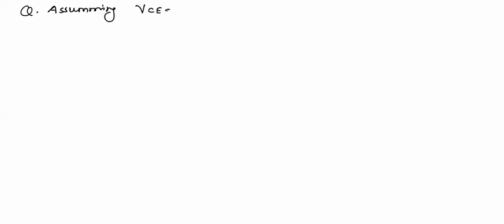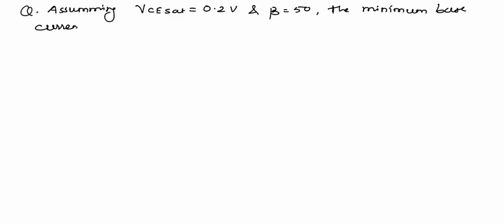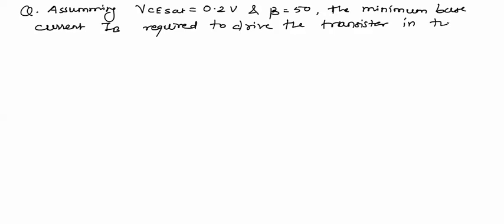Assuming VC saturation equal to 0.2 volt and beta equal to 50, the minimum base current IB required to drive the transistor in the given figure to saturation is